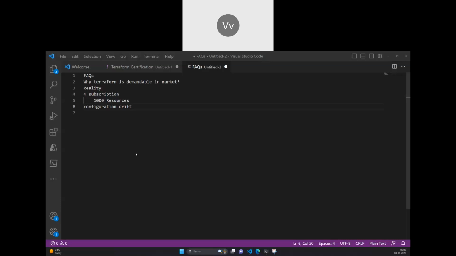So what is drift actually? It's simple: we wanted our infrastructure to be in a single line, but if there is any sudden change, we would like to come back to our original desired state. That's why we say DSC.